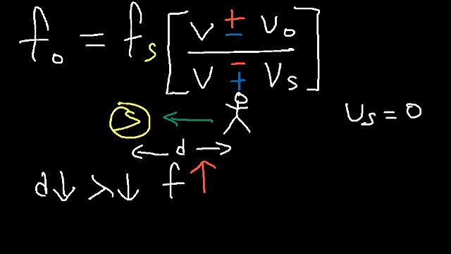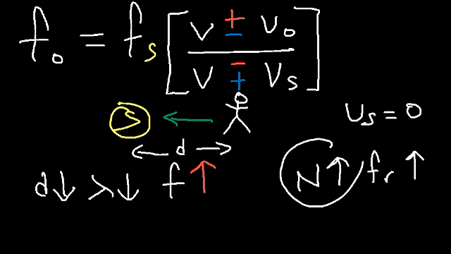So in order to increase the frequency, and therefore the value of the whole fraction, should we increase or decrease the numerator? The numerator and the value of the whole fraction are proportional. So if you increase the numerator, the value of the whole fraction will go up, and therefore the frequency detected by the observer will be higher than the frequency emitted by the source. And to increase the value of the numerator, we have to choose a positive sign. And so we'll use a plus instead of a minus. So as you can see, anytime the observer moves towards the source, or if the source moves towards the observer, use the upper signs. So hopefully this makes sense, and let's work on some problems at this point.